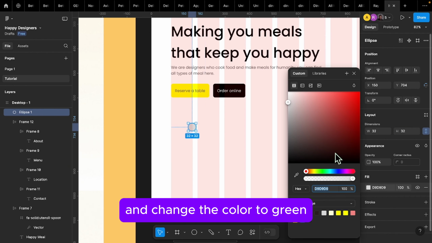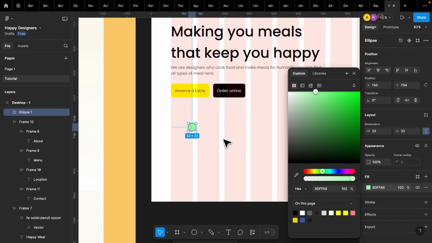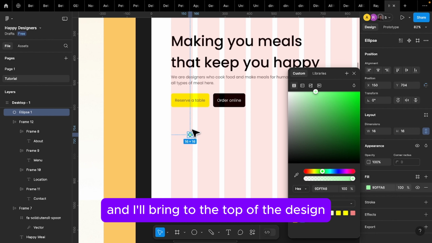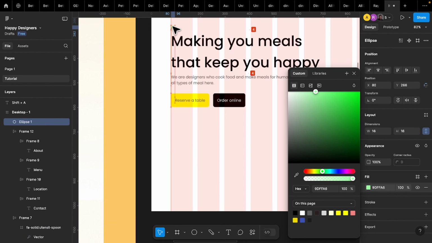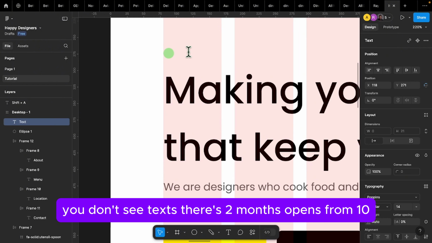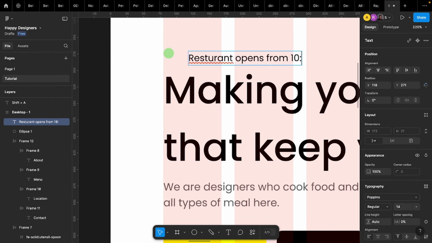And change the color to green. You know what? I'll do 16 instead. And I'll bring it to the top of the design. Then I'll type text: restaurant opens from 10:30 in the